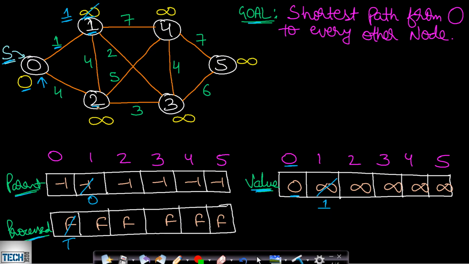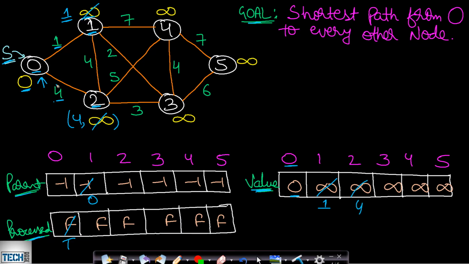So the next edge is going to 2. Now if we find the cost in order to reach 2 from the source node, then from the source node, if we want to reach this 0, then the cost will be 0 because the source node is 0 itself. And if we want to reach 2 from 0, then this will be the edge weight from 0 to 2. So what will be the total cost in order to reach from source to 2? It will be 0 plus 4, which will be 4. Now we will take the minimum of 4 comma infinity because we want to find the shortest path. Therefore this will be replaced with 4. Now the cost at this 2 will be replaced with 4.